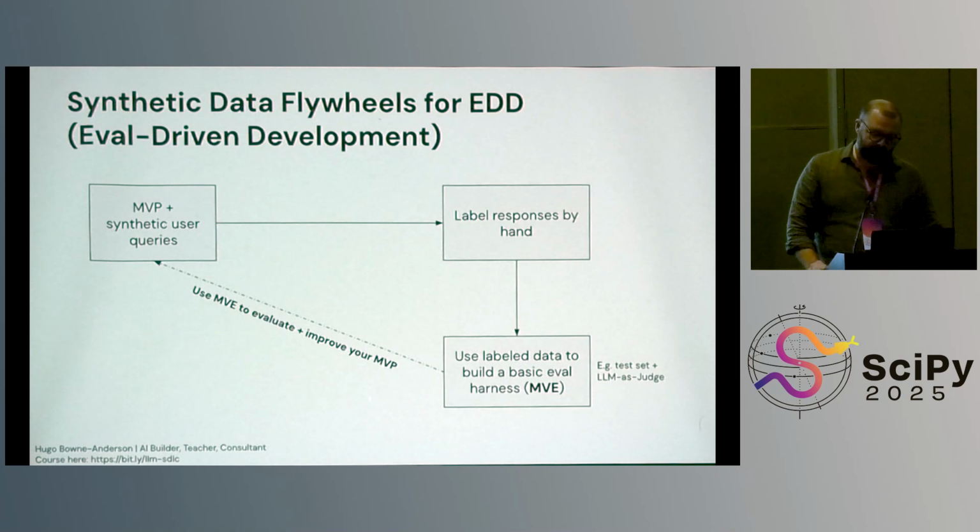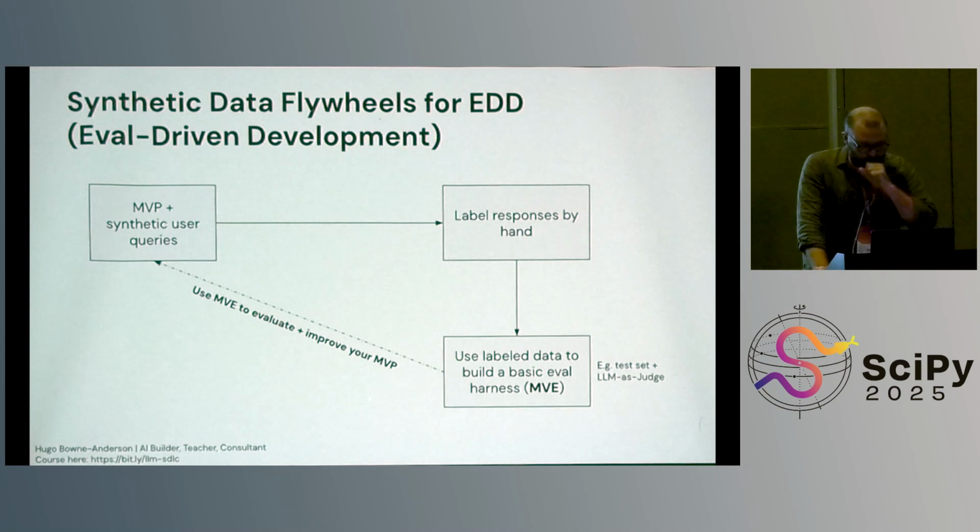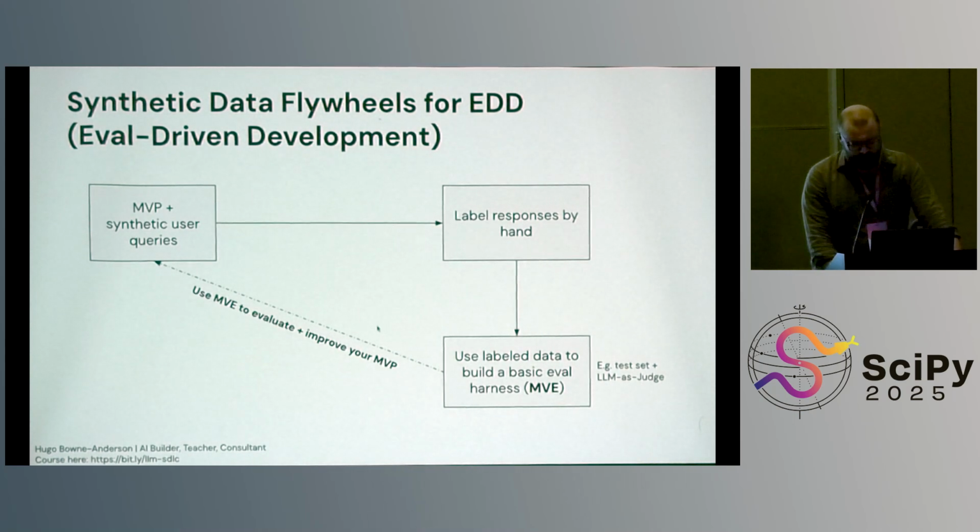It's a script which computes a bunch of metrics, whether it's cost, latency, accuracy, business metrics, whatever it may be. So you have this test set, and you have a script which uses an LLM as judge or other forms of judging. Once again, don't be scared by the term LLM as judge if you haven't built one before. Essentially, it's a prompt, maybe with some few shot examples. And then you use this to evaluate and improve your MVP.